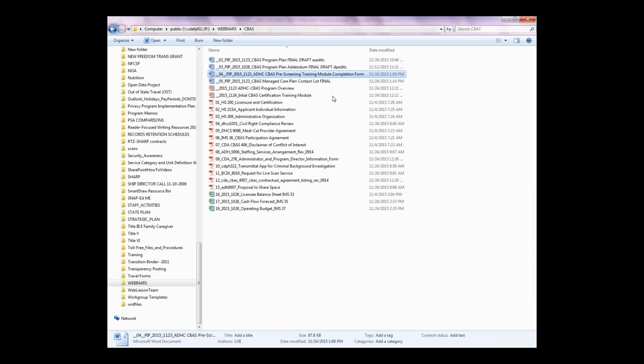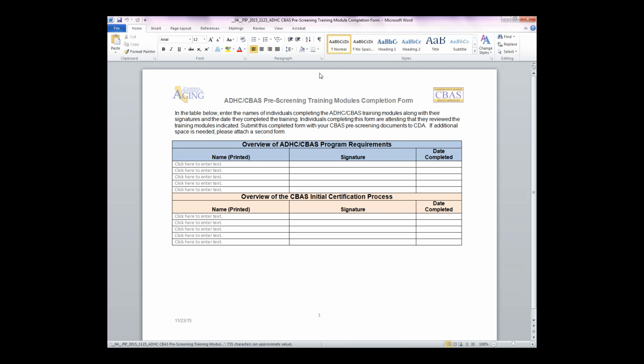This is the pre-screening training module completion form. Again, pretty basic here. You're going to be required to complete 2 training modules. One is the overview of the program requirements for ADHC and CBAS. The other, the overview of the certification process, which is what you're doing right now. And you're going to put the names of the individuals from your organization who are completing the training in here, the date they completed it, they're going to sign it,